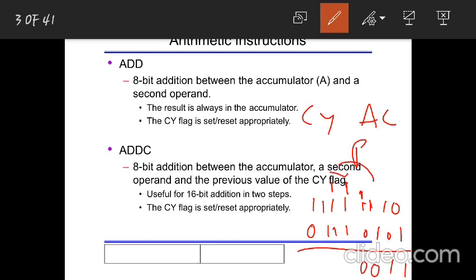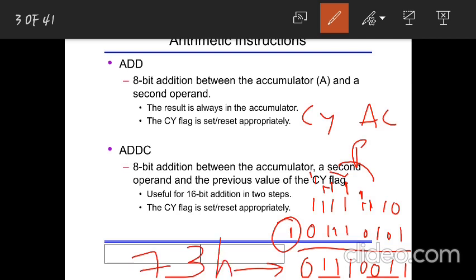So carry goes here, and that 0 plus 1 will become 1. Next, 1 plus 1, same, even here you will get 1, and here you will have a carry 1. Same, here also you will get 1, and here you will have a carry 1. Okay, so now here 1 plus 1 you will get 0 with carry 1. So here you are getting a carry after the D7th bit. So this is your result. That is nothing but 73. The 4 bits 7 and this is 3 in hexa.